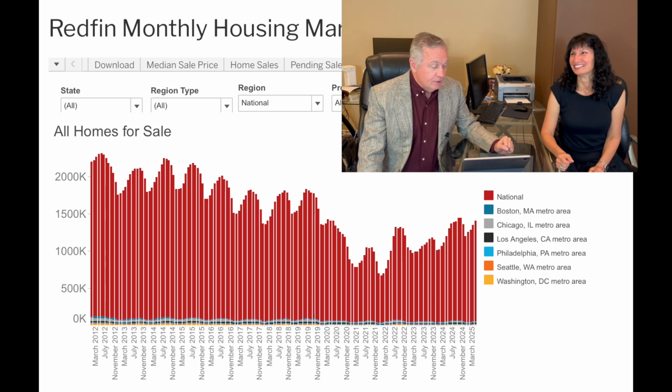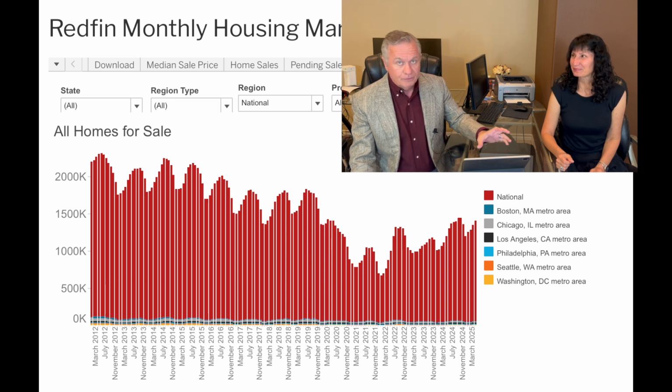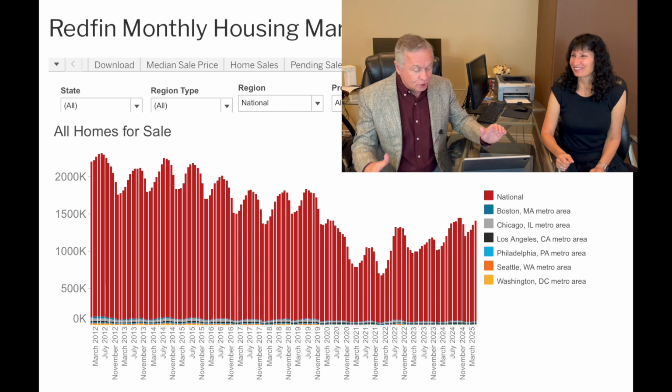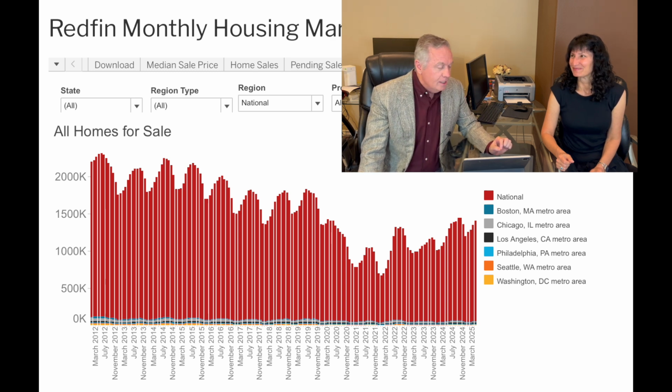I called the CEO, and he gave me this chart. Here, this is Redfin's data, the exact same data they're quoting. That little line all the way to the right, if you look at it, these numbers are all homes for sale. According to Redfin, this is literally today, or for you it would be yesterday because you're watching this the day after we filmed it, right?